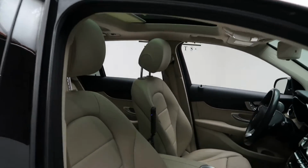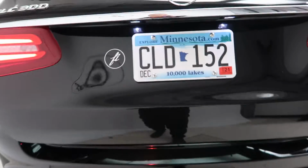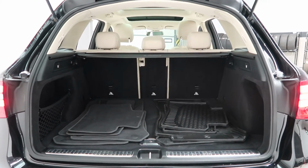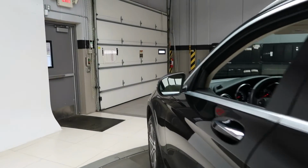A silk beige MB-Tex interior with a dark brown linden wood trim, panorama sunroof, GLC 300 4MATIC badging, power liftgate, trailer hitch, a clean set of all-season and regular floor mats, fold-down rear seats, cargo cover, premium 1 package with blind spot assist,